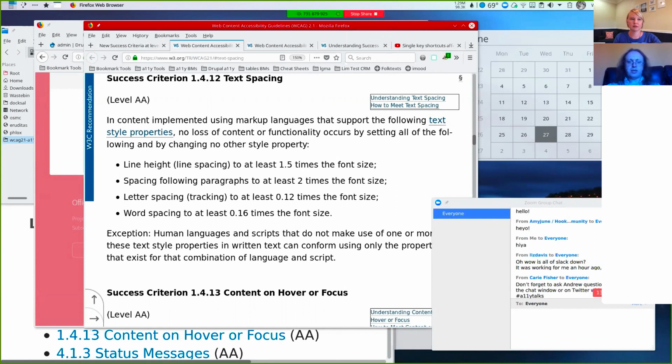Rather, what it's saying is that if a user has a browser add-on that lets them jack up the letter spacing or the line spacing, then when they do, it shouldn't break your functionality. What's going to happen is if you've got something like a grid of cards which show products, things like product name and product pricing, an add to cart button, whatever you've got in there.